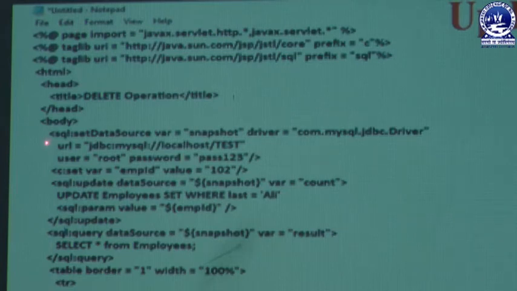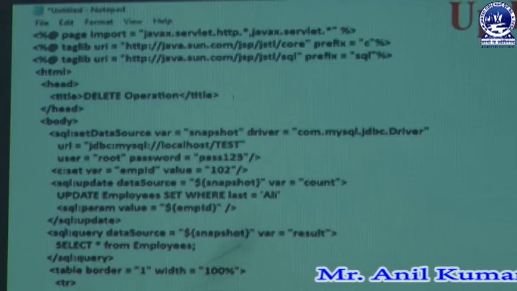Then we set the URL. In that URL we mention jdbc:mysql://localhost/test. Then we set the user ID, which is root. Then we set the password, named pass123. In this way we set the password and user ID in it.